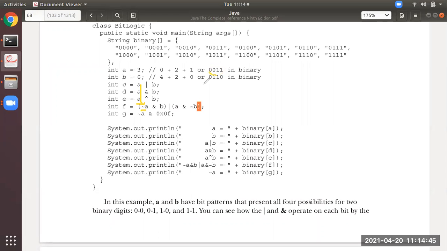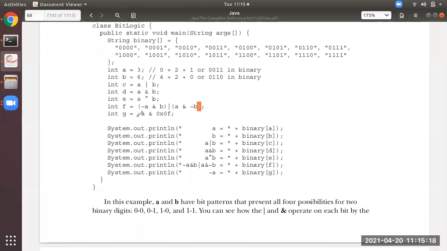Then perform an AND operation of that negation of A with B. After that, perform an AND operation of A with negation of B. Then to the two outputs you get, you perform an OR operator. Whatever you get, that is F.